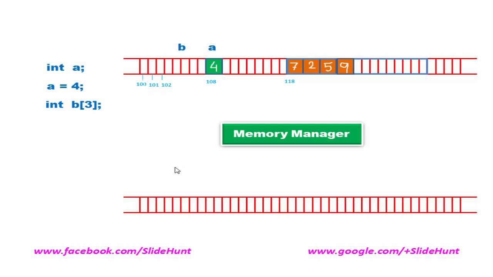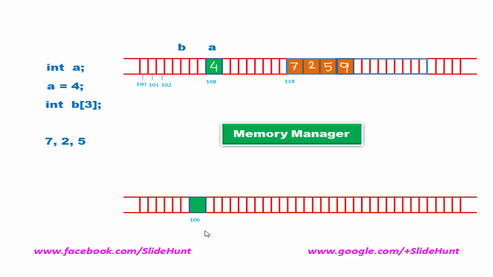In case of linked list, instead of asking for a large contiguous block of memory, we request memory for each element or request each unit separately. For example, here we store 3 elements: 7, 2 and 5. First we request the memory manager for the element 7. Suppose the memory manager allocates this block at address 106 to store the element 7.